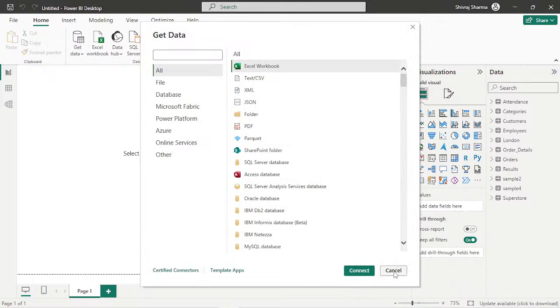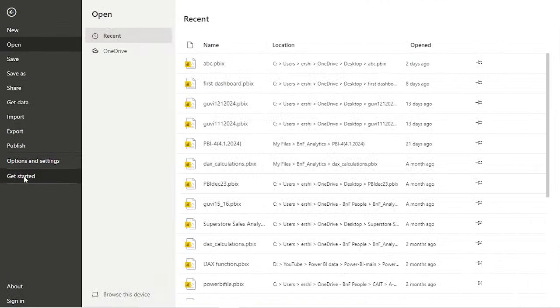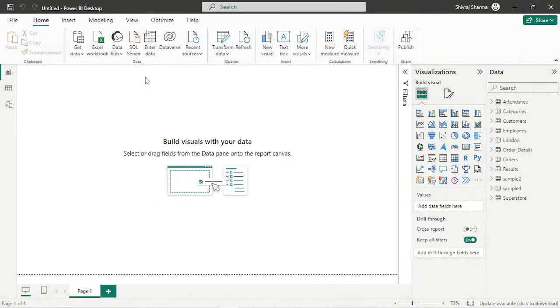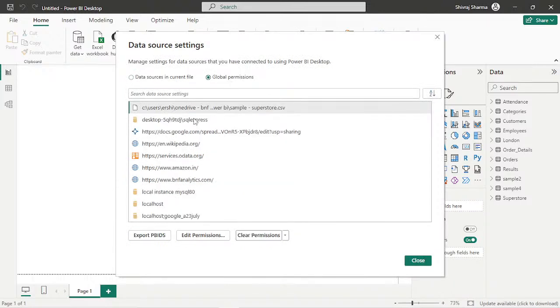Before getting to SQL Server, let me tell you, whenever you are going to connect with these particular sources, like from web, from OData feed, what first window will you see? If I go over here, options and settings, data source settings, here I will see the particular option, that is global permissions. So when you connect with Wikipedia, you will see